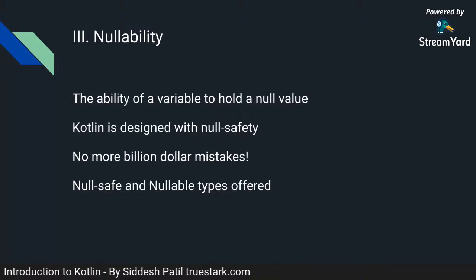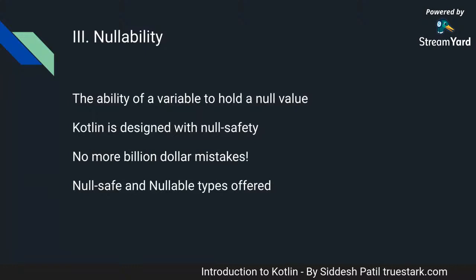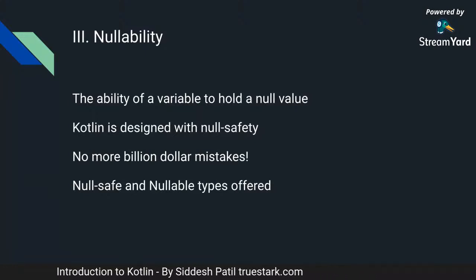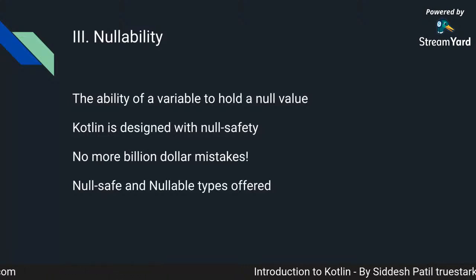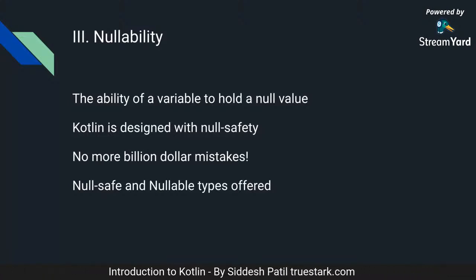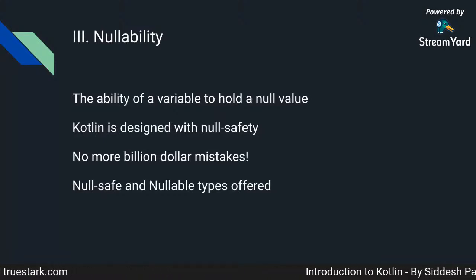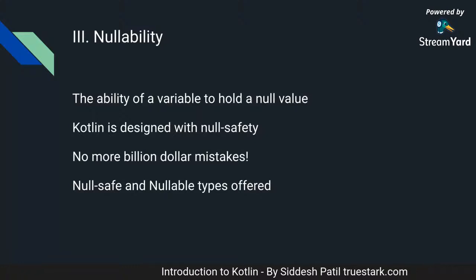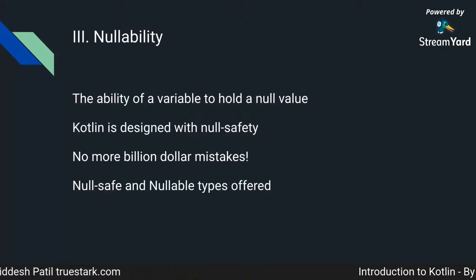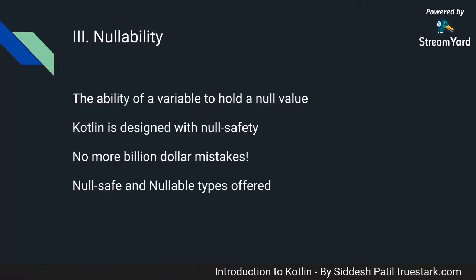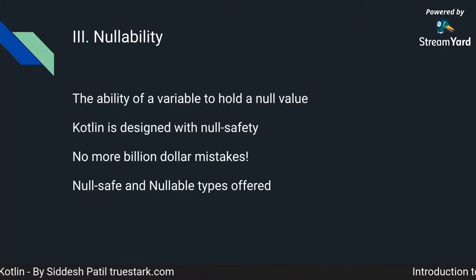Now let's cover nullability. Here is where Kotlin becomes very powerful, because Kotlin offers null safety features built into it, and Kotlin is designed to be null safe. So what is nullability in the first place? Nullability is the ability of any variable or declaration to hold a null value. For example, in the last example, I said ID equal to 201. I can have that as a null value as well if I want to, but that might break my code in the future. Let's say I've not assigned it a value, but I'm using it in the code, then that might cause a big problem, and my entire code can break.